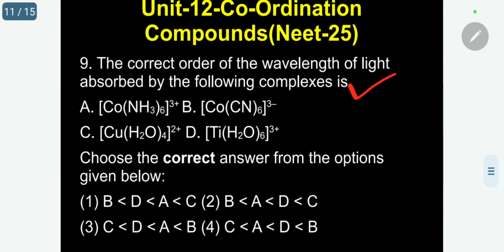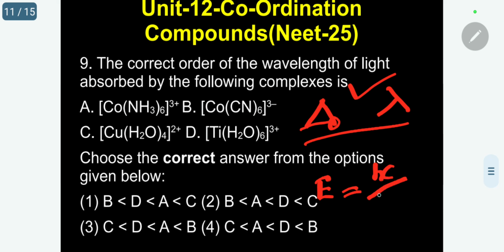The interesting information here is that you must know the difference between wavelength and delta value, the crystal field splitting. I can give you an example. E equals hc by lambda. This is the general equation we have arrived at from atomic structure. That means greater the lambda, lower the energy, and